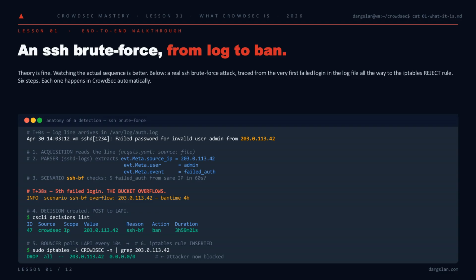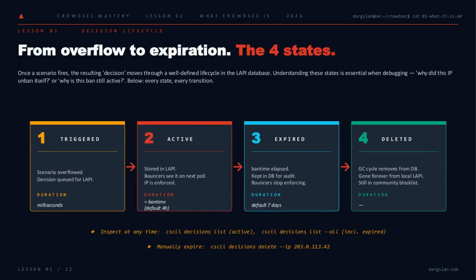A decision is created and pushed to the local API. The bouncer pulls it 10 seconds later, and an iptables drop rule appears. 6 steps, 0 human intervention. And notice, nowhere did we match a signature. We matched a behavior. That decision we just created, let's follow what happens to it next, because it doesn't live